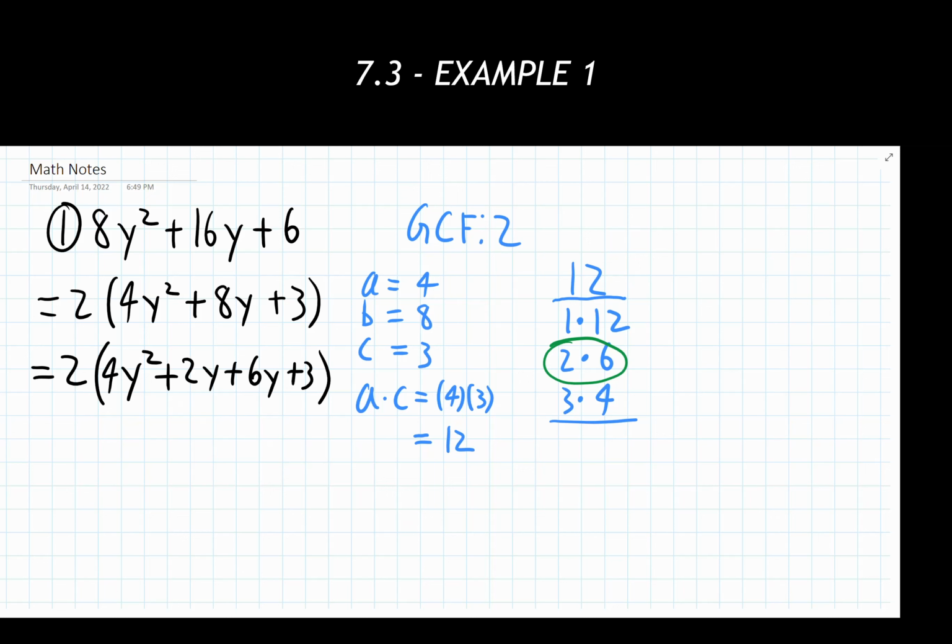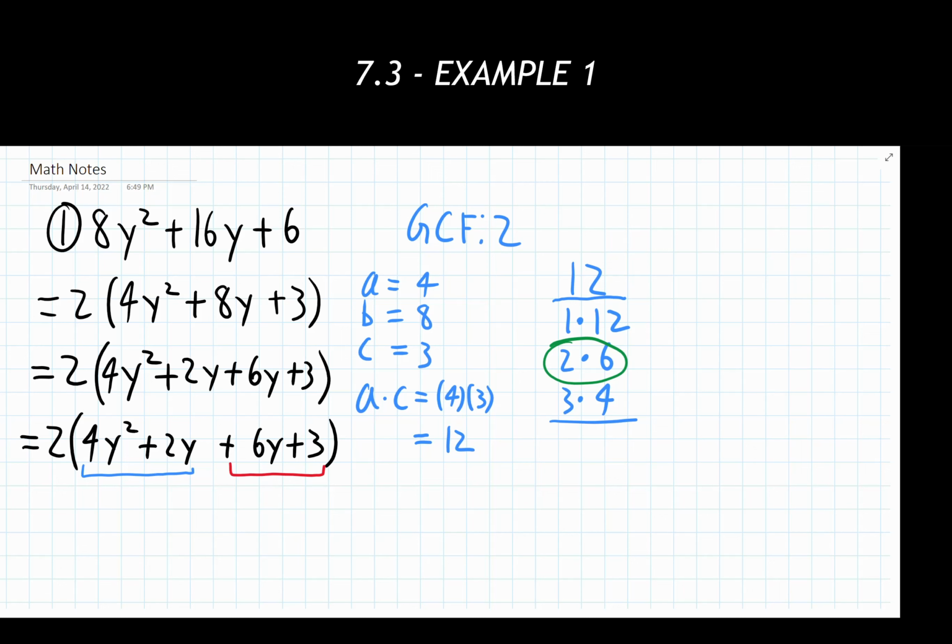Now looking at step 5, step 5 says to factor the resulting expression by grouping. So I am only going to be looking at what is listed inside of this set of parentheses, and I'm going to factor that. Now factoring by grouping says I am only looking at the first 2 terms and the last 2 terms at a given time. So I'm going to rewrite this a little bit to make it easier to track what I'm doing. I find it helpful to separate these out and underline. There's my first group, and there's my second group, so I'm not getting anything mixed up.